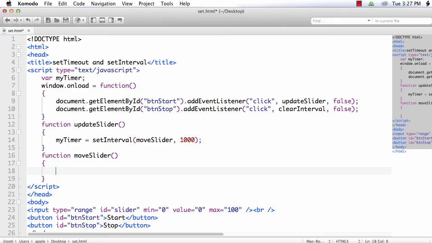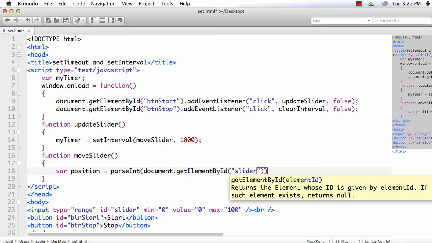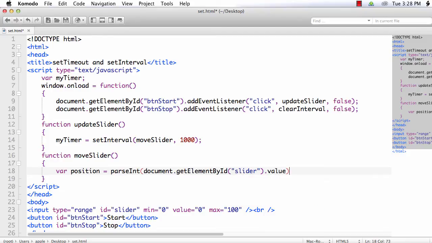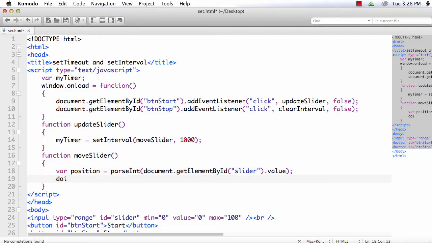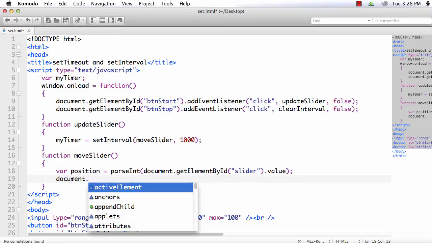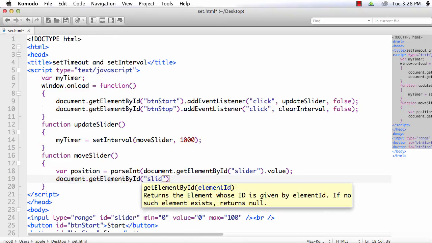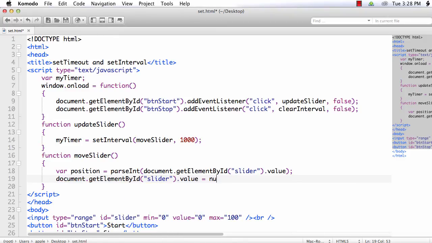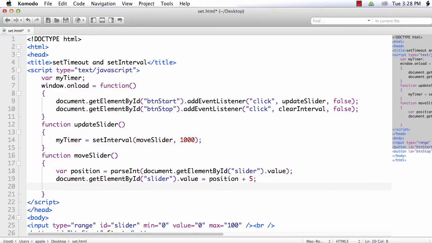So var position is equal to parseInt(document.getElementById slider dot value). Now we can update this one, that is document.getElementById slider dot value is equal to position plus 5.